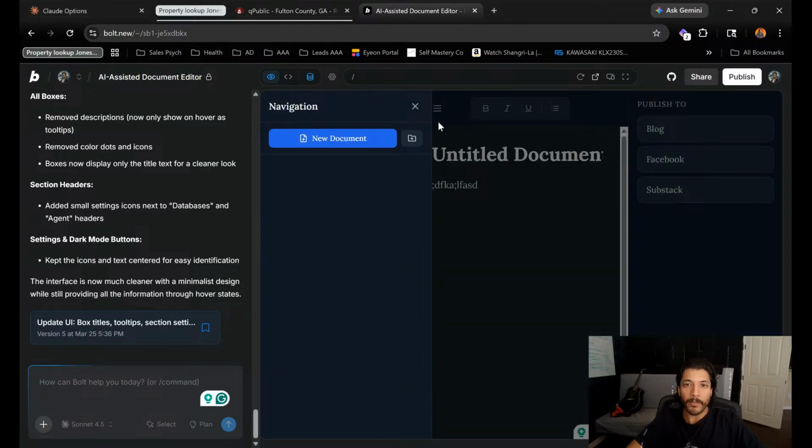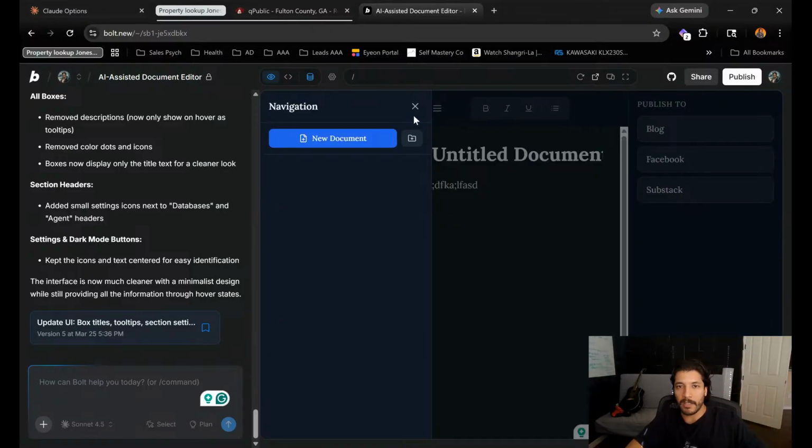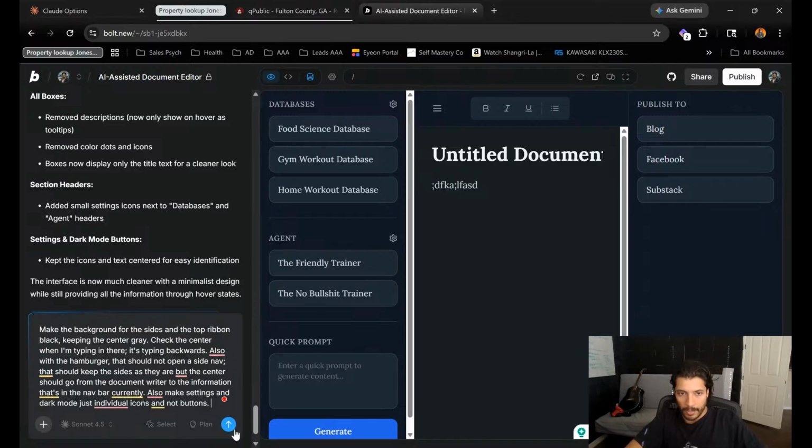Also with the hamburger, that should not open a side nav. That should keep the sides as they are, but the center should go from the document writer to the information that's in the nav bar currently. Also, make settings and dark mode just individual icons and not buttons.